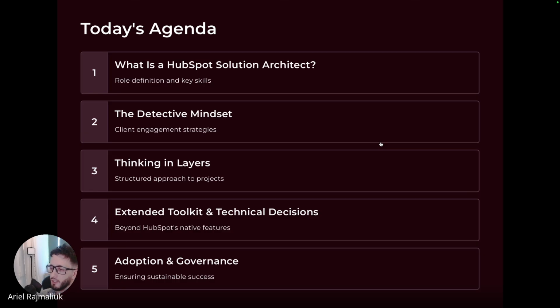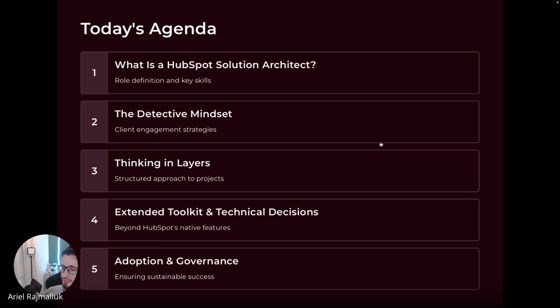Okay. Number 3, we're going to try to think in layers. There is a methodology, and you can adapt this to how you work, but there is a methodology to breaking this down into smaller problems and tackling this in a way that is easier to digest, especially for very large projects. Okay, I will explain this also in the presentation.